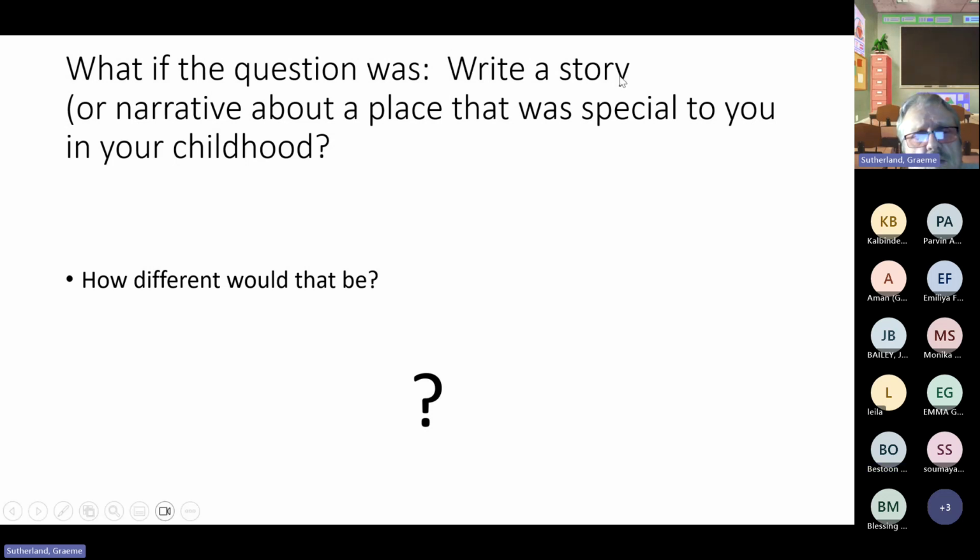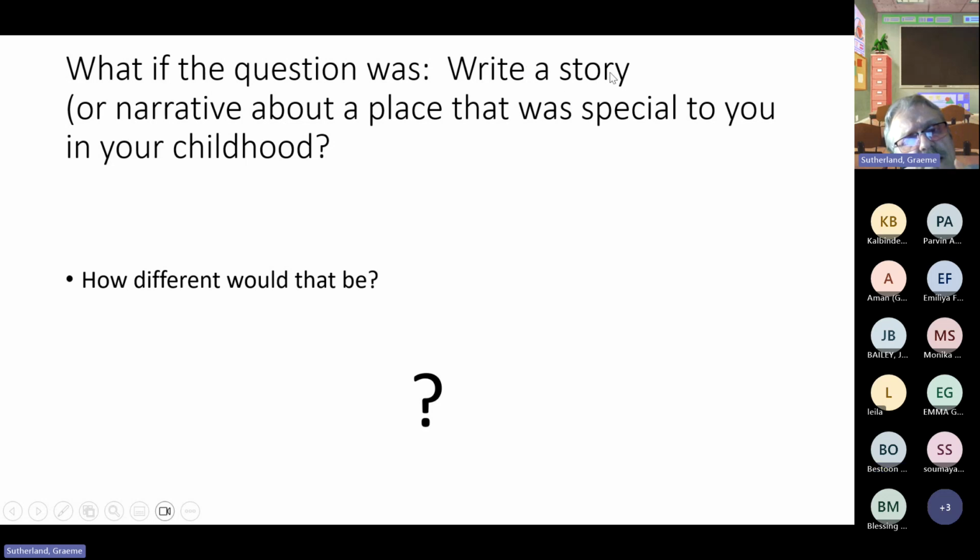Write a story. Well, you immediately think, now I've got to have characters, I've got to have something happening, I've got to have a beginning, a middle, and an end, because they said story. And they do this to you because they say, write a story about transport, write a story about an adventure. And you think, now I'm writing a traditional 'once upon a time there was a man and he did this and he did that and he then went there.' And actually now you're back into writing a plot. But if you think about story, even if that's the word used,